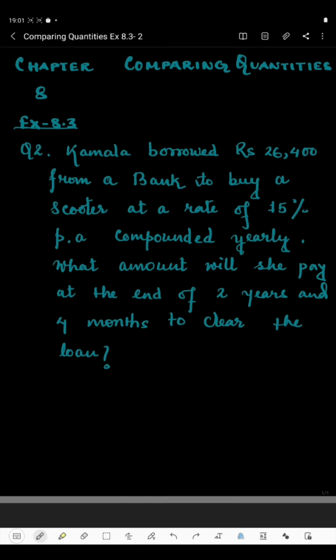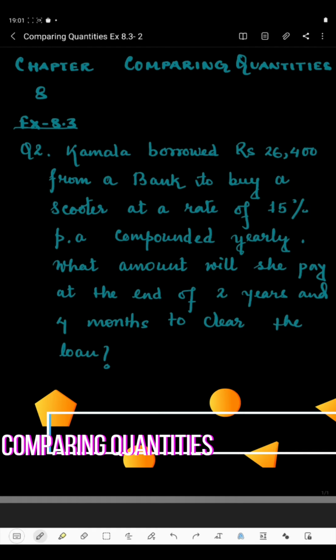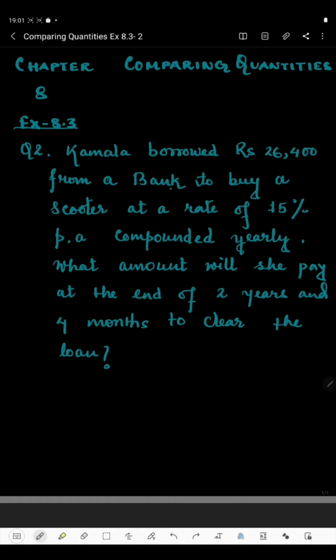Hello students, today I will be starting with question number 2 of exercise 8.3. Now in this question we have: Kamla borrowed rupees 26,400 from a bank to buy a scooter at a rate of 15% per annum compounded yearly. So Kamla has taken a loan from the bank of rupees 26,400 to buy a scooter at a rate of 15% per annum. What amount will she pay at the end of 2 years and 4 months to clear the